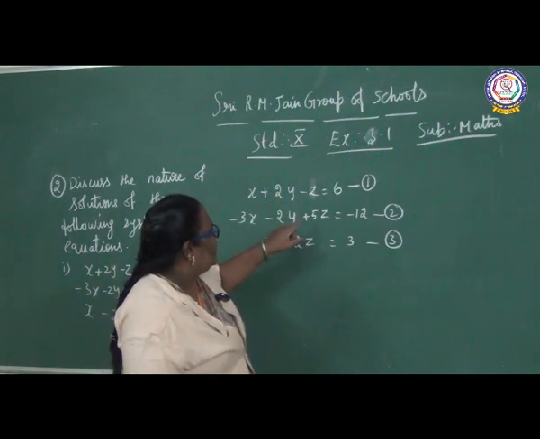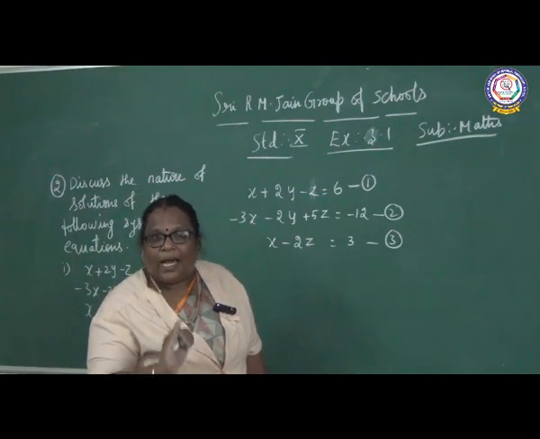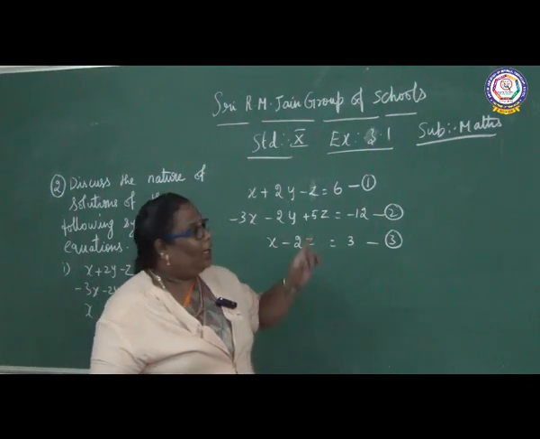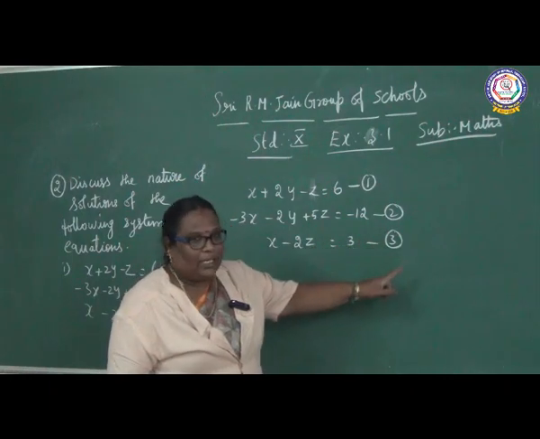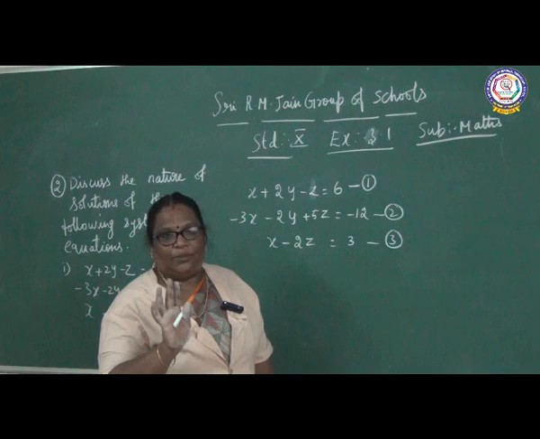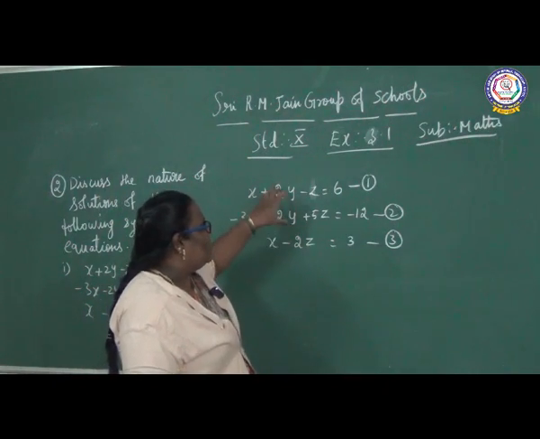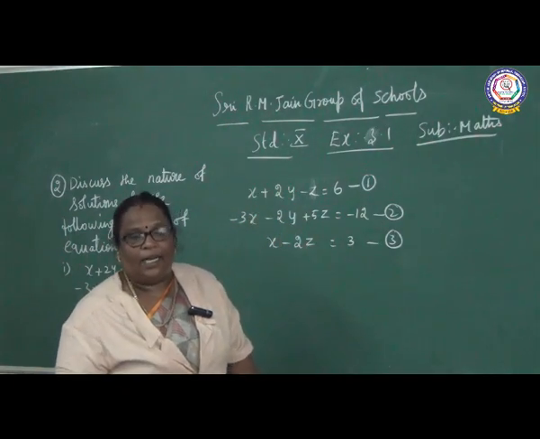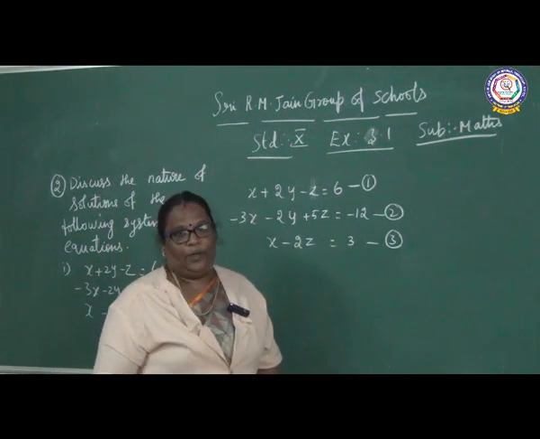So, for the first and second equations, we can cancel the y term. We are getting x and z values alone. It is easy to solve the problem for 1 and 3. Listen here, in the third equation there is no y term, the y term is absent. For the first and second, we cancel the y term and get a value for x and z. It is easy to solve the new equation and the third equation.